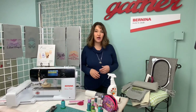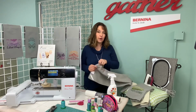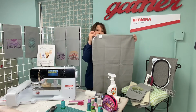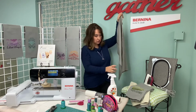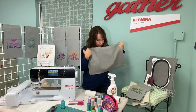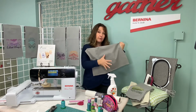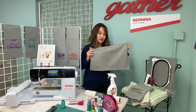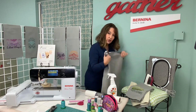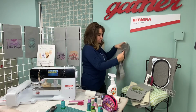I want to show you how I get the towel ready for embroidery using the Terrial Magic. So this is going to be the top of the towel. It would hang by a rack there. So down at the bottom is where I need to apply the stabilizer. And I want to embroider the design at the bottom centered. So I will get this towel very, very damp with Terrial Magic. And I just want to show you how wet I get it, because